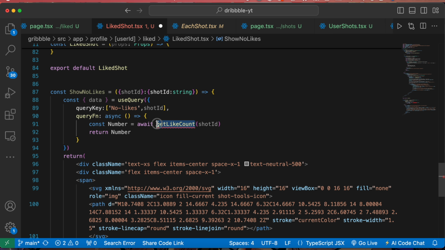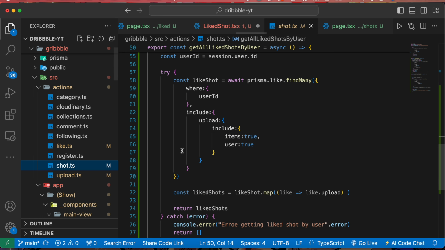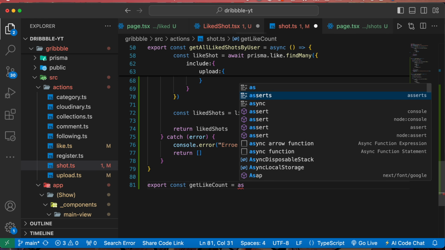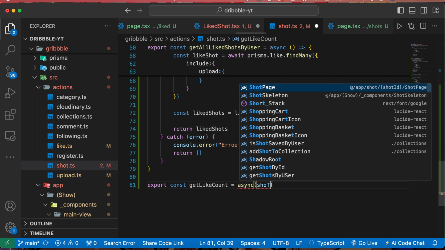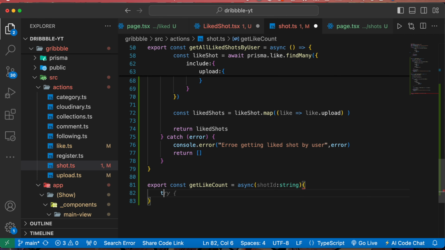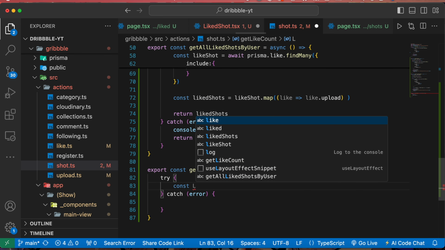Okay, now I can copy this and go to the actions, and I'm going to actually write all the functions that are being used in the profile page. I'm going to write all inside the short file. So I can write export const this asynchronous. This will require short id, which will be a type of string, and then use try and catch here, and we can write const like count,